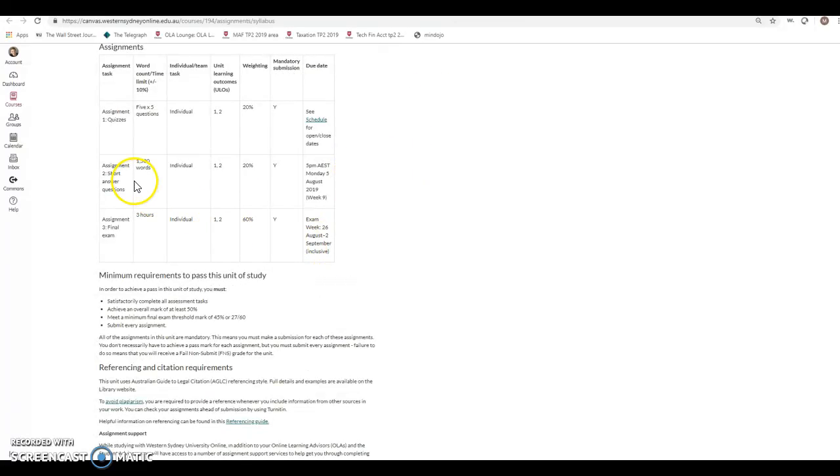Just wanted to refer back to the total assignments and assessment pieces that we're going to have in this unit. So this makes up 20%, so it's going to be 4% per quiz. So each question is going to be 0.8% of your total grade. And like I said, this 20% quiz is something that really is going to test not only your module understanding, but it is an easy introduction level into how you will be able to attack the unit later on.